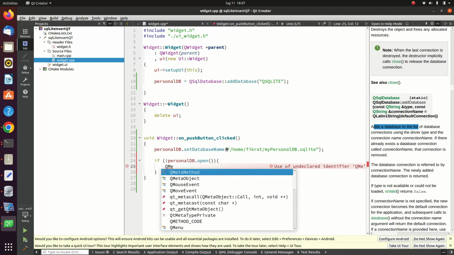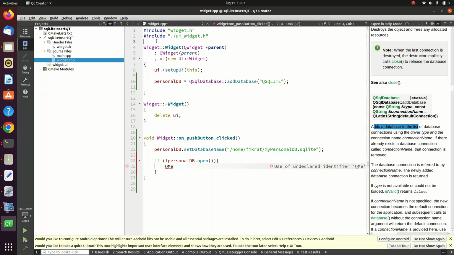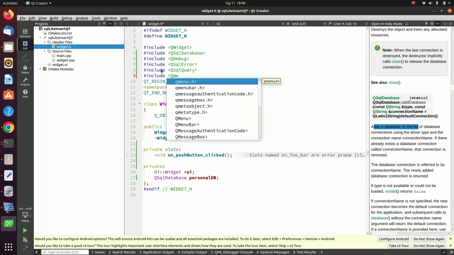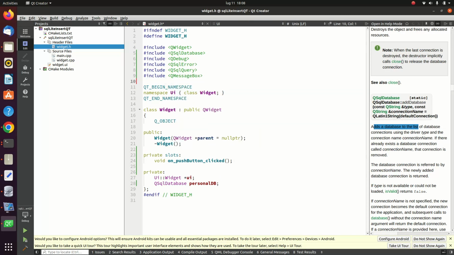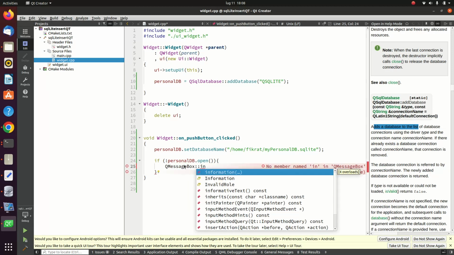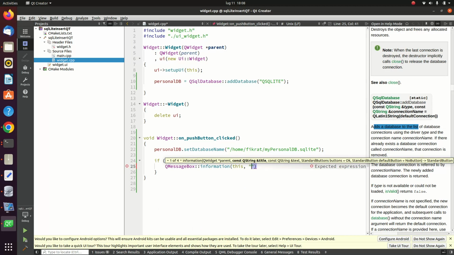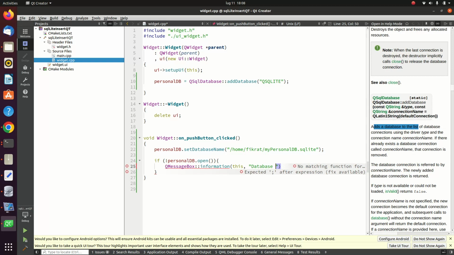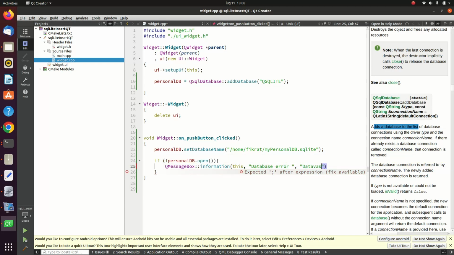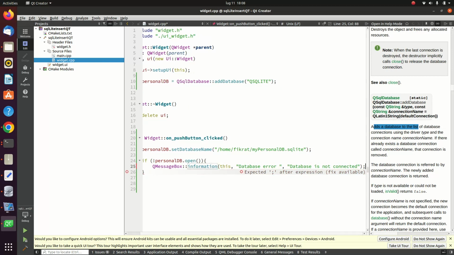I forgot to add the message box here. Amazing. So here you have to add a message box, information, with the title database error, and let's add the text: database is not connected. Right, else